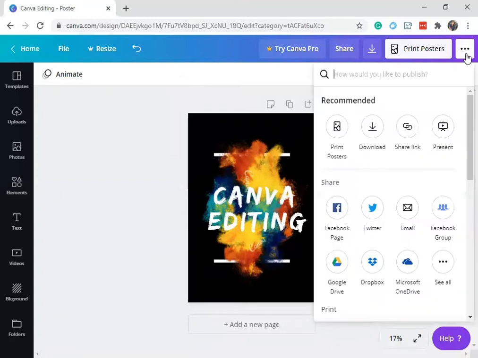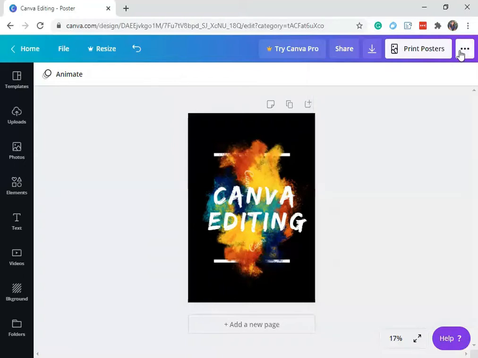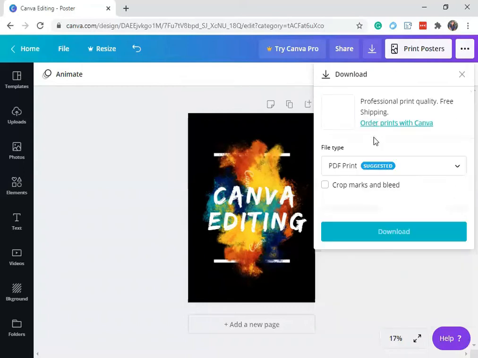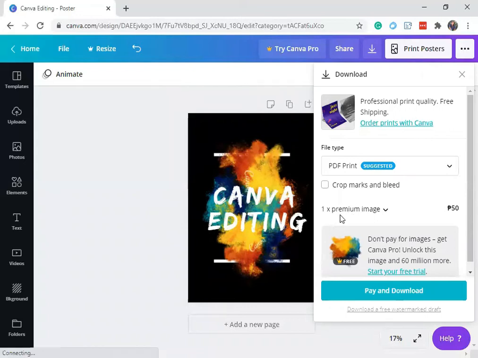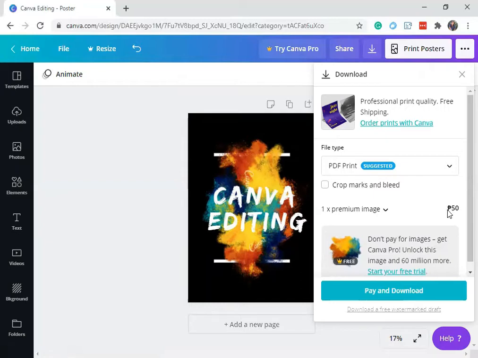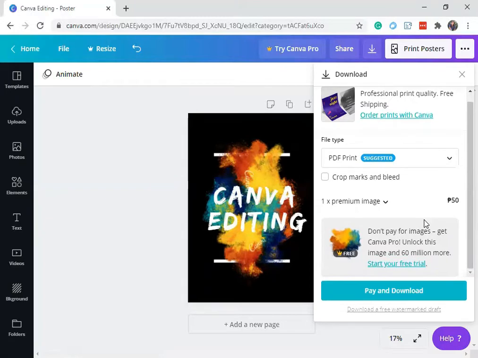Now, if you wanted to download it, you can click here, the three dot icon, and then click download. And when you download it, as you can see, it's a premium image, and it's asking me to pay 50 pesos before I could download the file. This is for the compliance that you are going to utilize, or you are a license holder of the image, and for you to take advantage and for you to utilize this